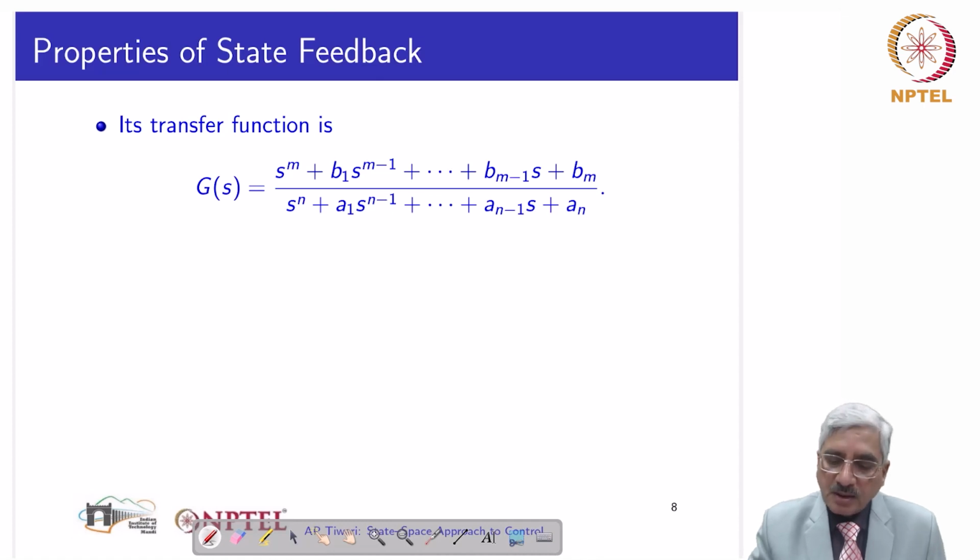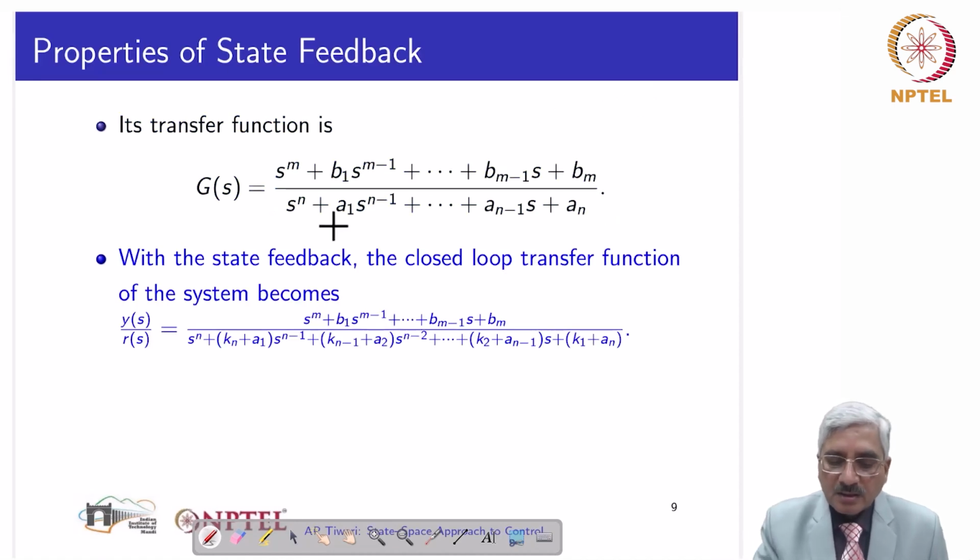So the transfer function of that state space system is this. It is an nth degree polynomial in the denominator and mth degree polynomial in the numerator. And as we said, m is generally less than n, and we are assuming that all the various a's and